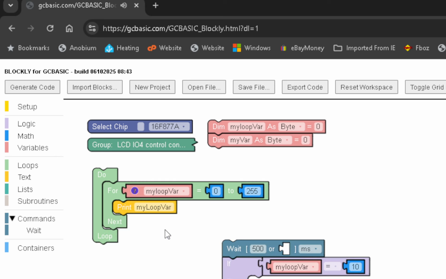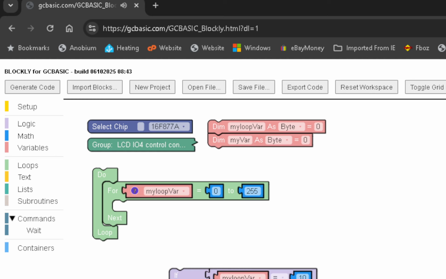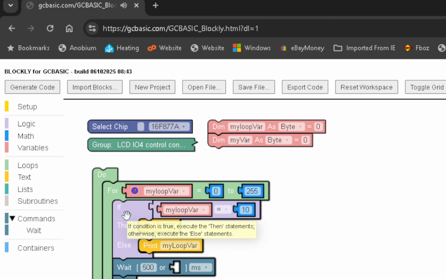But let me just pull that out and we'll just destroy all this lot. So normally it's going to print my loop and then duplicate that. I can put that in there. And if it's 10, I'm going to print out 10. But I'm just going to move my wait, put that there, put that in there, and I've now changed the complete logic of the program. It says, if my loop equals 10, print the number 10. Oh, that's a bit loopy, isn't it? Yeah. We're going to say hello,